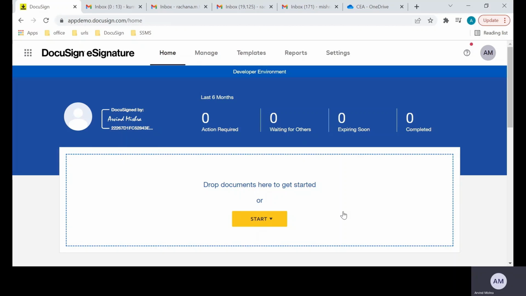Before we dive into the actual demonstration, the main question: why DocuSign? DocuSign offers everything you need to automate and connect your entire agreement process. It also eliminates paperwork, avoids manpower, and saves time. As it's very time consuming, everything is digitalized or automated nowadays. That is why most companies are ready to opt for DocuSign for managing